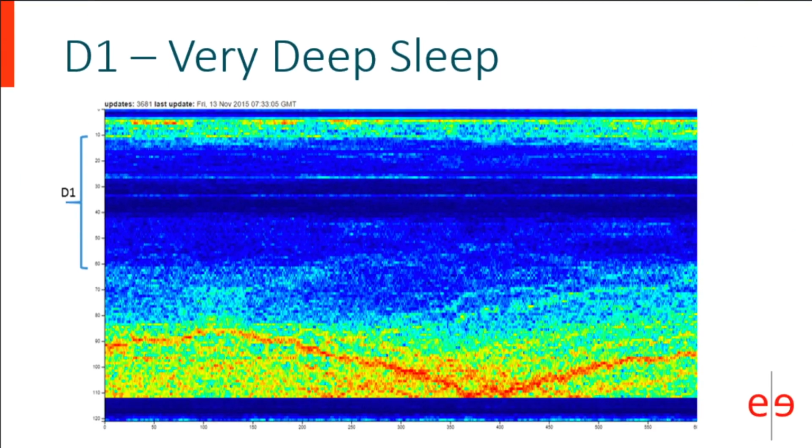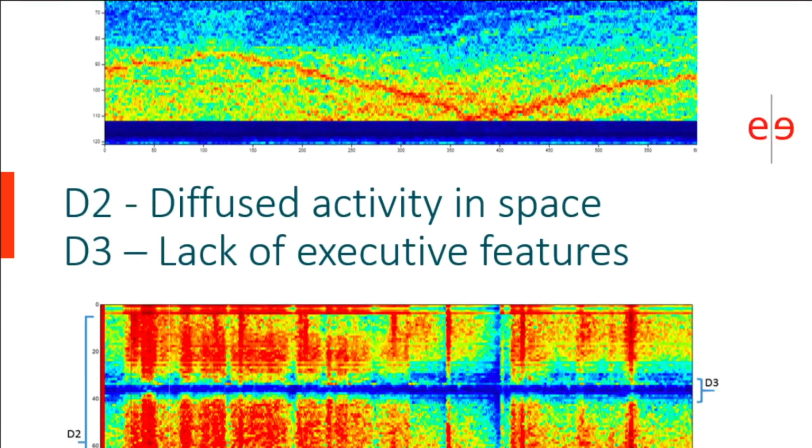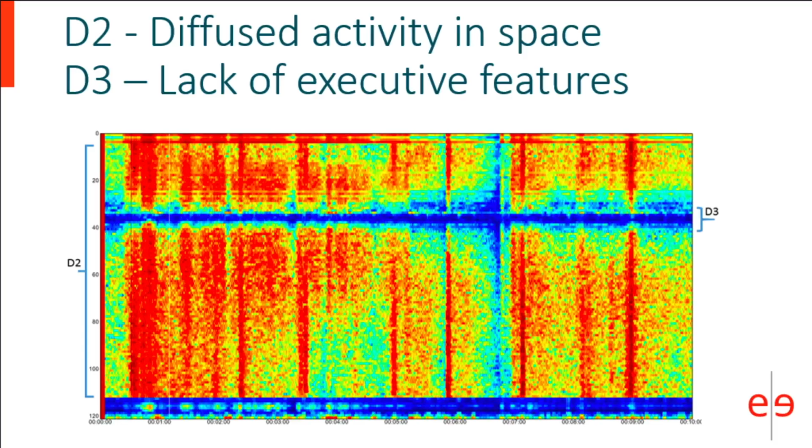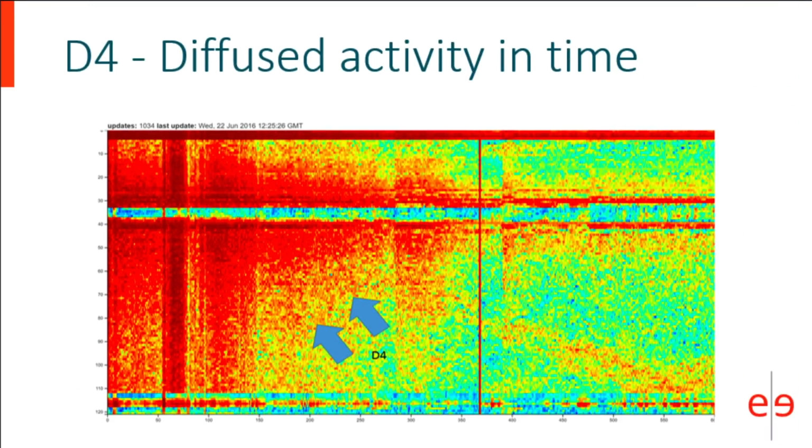This is one disorder that we see in those minimal consciousness patients, namely the area that we call cognitive is not active, whereas the area that is emotional may be very active, maybe not. Another disorder is that this executive area is shut or not active in this minimal consciousness. Another disorder is this kind of diffuse activity of many, many networks all together. And the last kind of disorder that we see is this diffusion in time. So unlike the healthy person where you saw this kind of